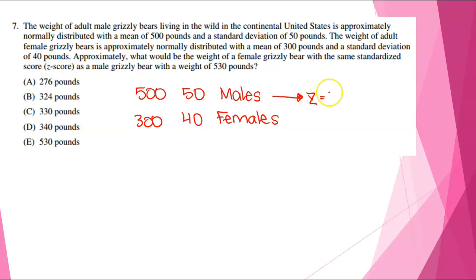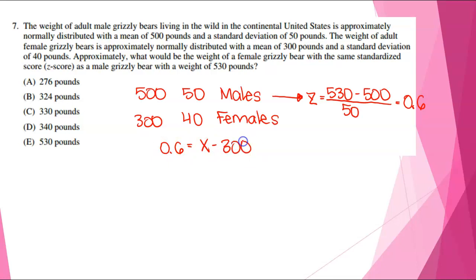equals x, which is 530, minus the mean, which in this case is 500, divided by my standard deviation of 50, and that z-score is going to be 0.6. So if we want to find out what a female grizzly bear's weight is with a z-score of 0.6, then I'm going to take that equation and say 0.6, that's my z-score, equals x minus the mean for females is 300, and I'm going to divide it by the standard deviation for